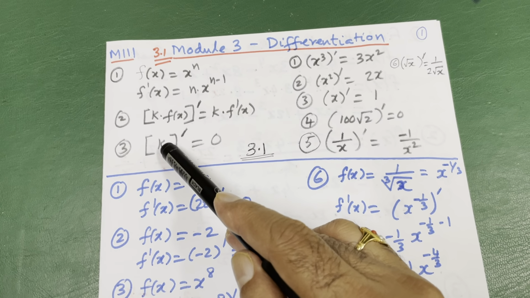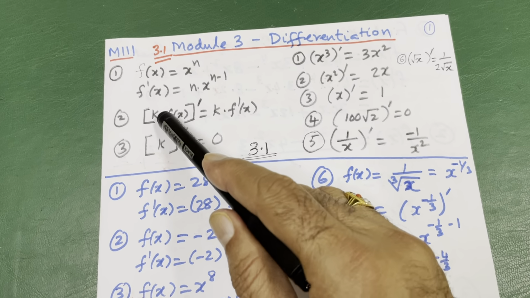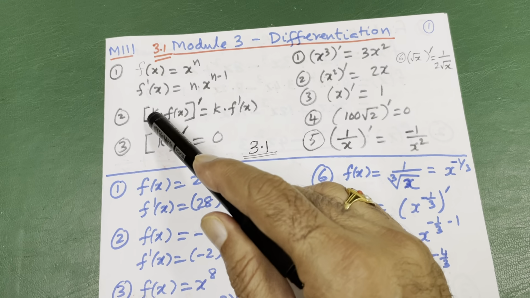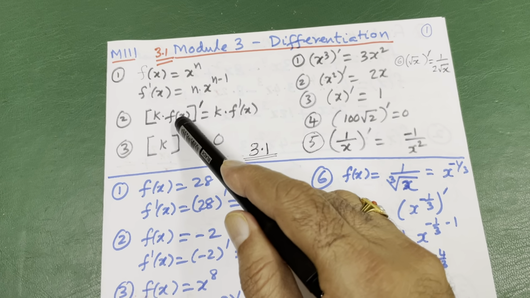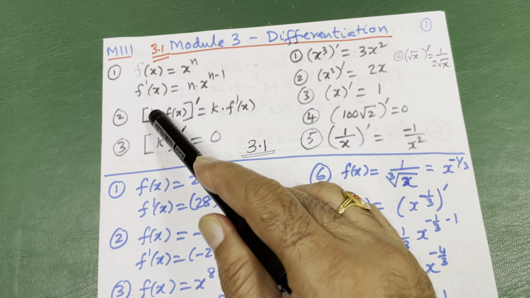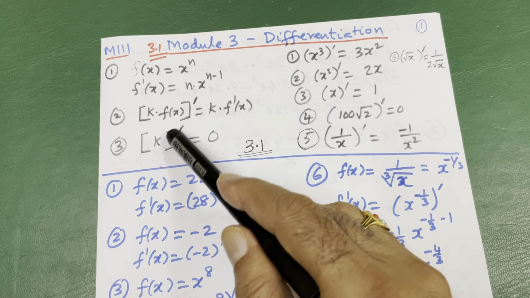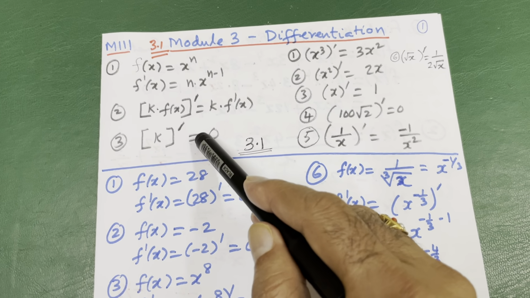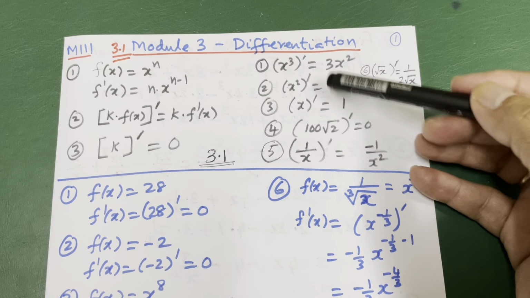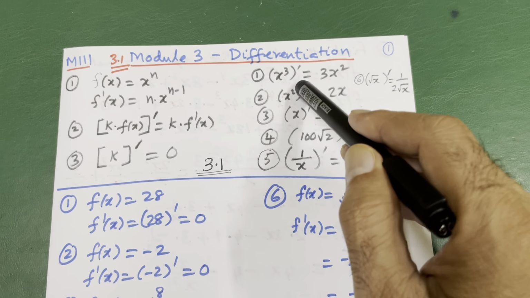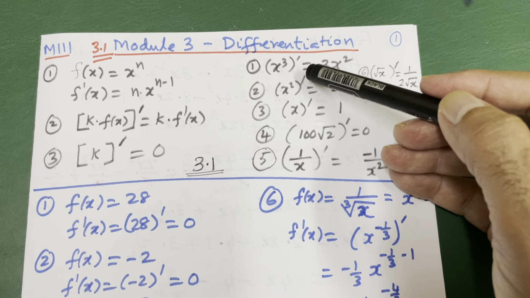The derivative of a constant is 0. If there is a variable x, then the constant will not participate in the derivative, only f(x) will participate. That is, the derivative cannot come to k, only to f(x). If there is no x here, then the derivative of the constant is 0. Apart from that, you remember these things directly. Applying the same formula only will get it, but we have to remember it permanently.